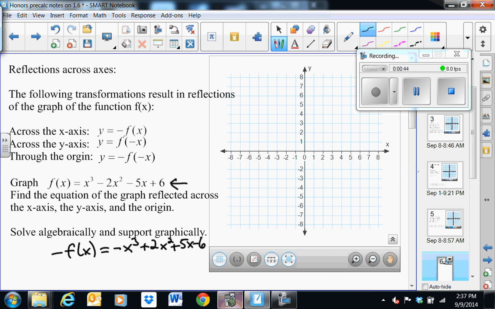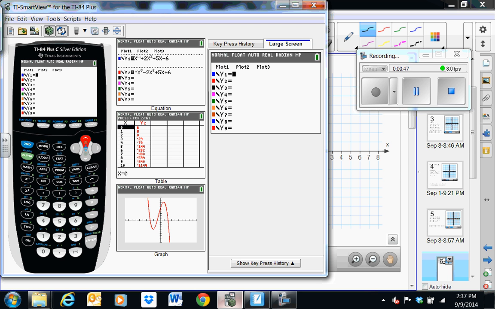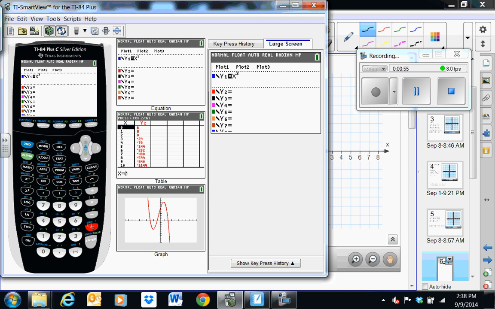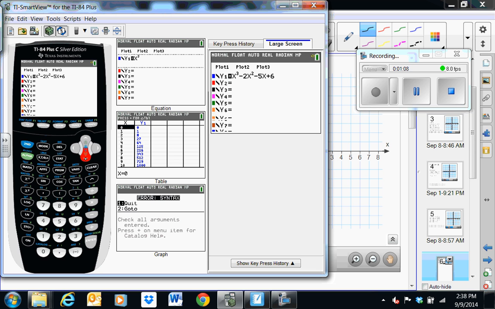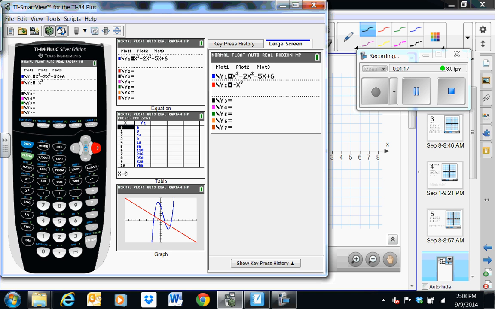Now we're going to go into our graphing calculators and put those in just like that. So we're going to put in x cubed, and be sure you arrow out of that exponent, minus 2x squared minus 5x plus 6. And we're going to compare that to its opposite, which is going to be negative x cubed plus 2x squared plus 5x